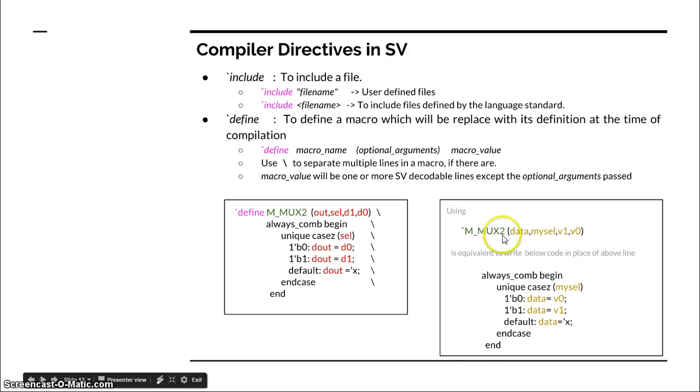So once you define a macro and use it, the macro will be replaced with its definition at the time of compilation, or it is equivalent to adding these lines at this particular line. So this is the syntax to define a macro, and here you might be thinking, what is the actual use case of macros? We will discuss that when we go through the example. And in simple words, usage of macros in certain cases will give a lot of simulation time reduction and other advantages.